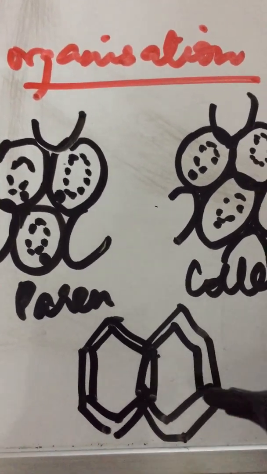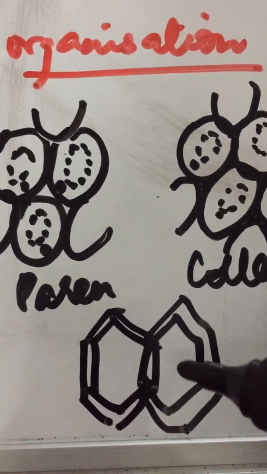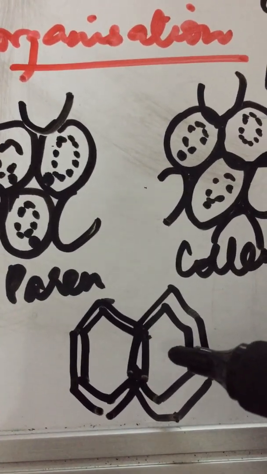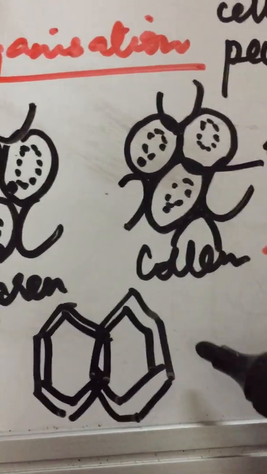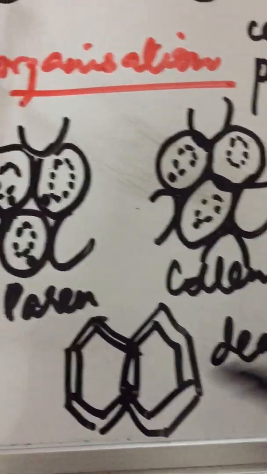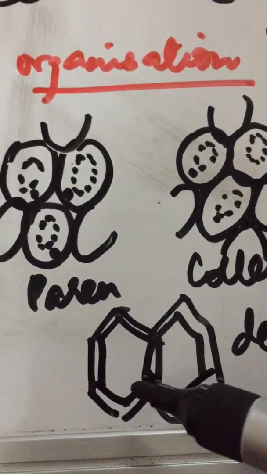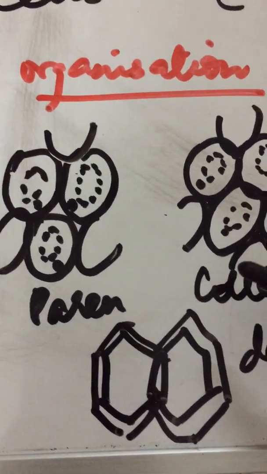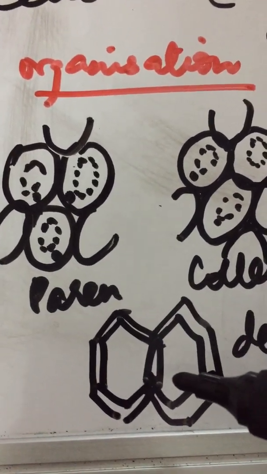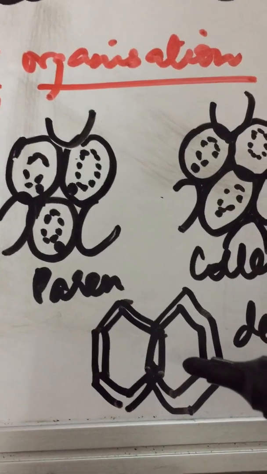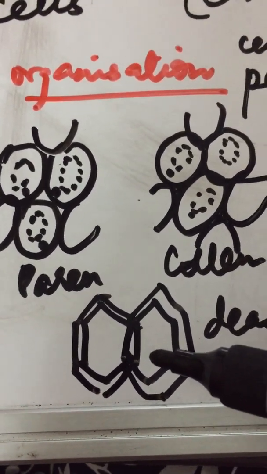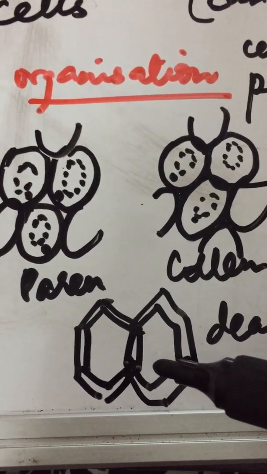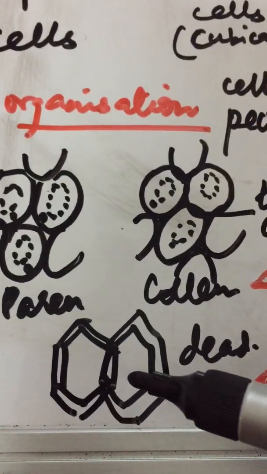But as you can see, these cells do not have a vacuole or nucleus or cytoplasm here. That is because they are empty from inside, as they are dead cells. So sclerenchyma cells are dead cells. Paren and collen are living. Sclerenchyma provides rigid, hard mechanical support to the plant. It is found in leaf veins and also in other hard parts of the plant. So this is about the three kinds of supporting tissues.